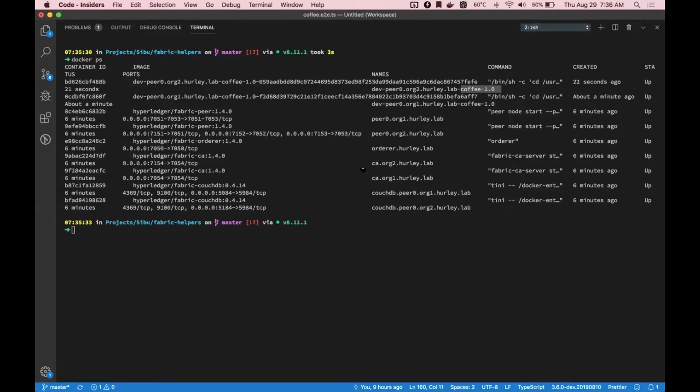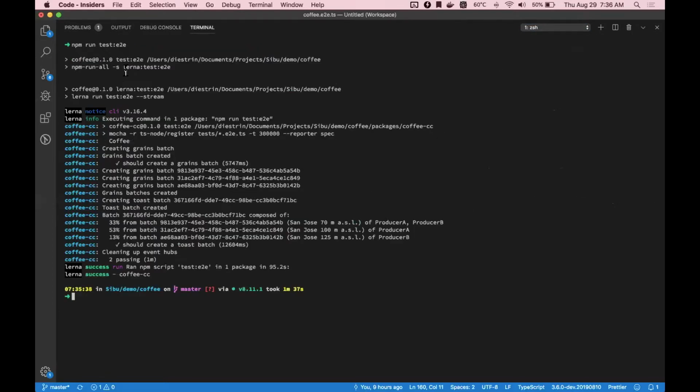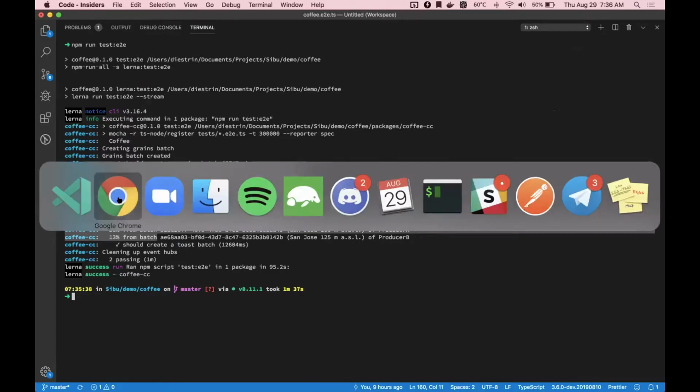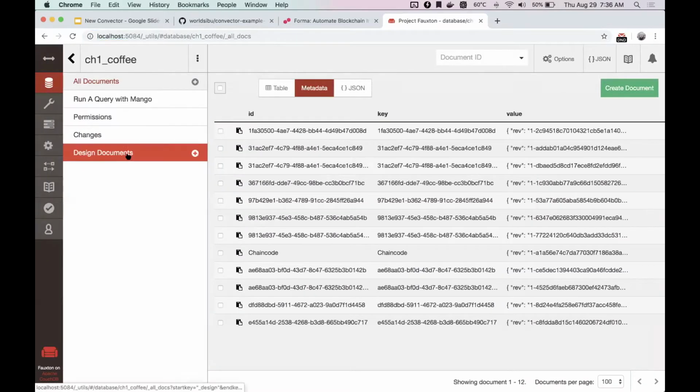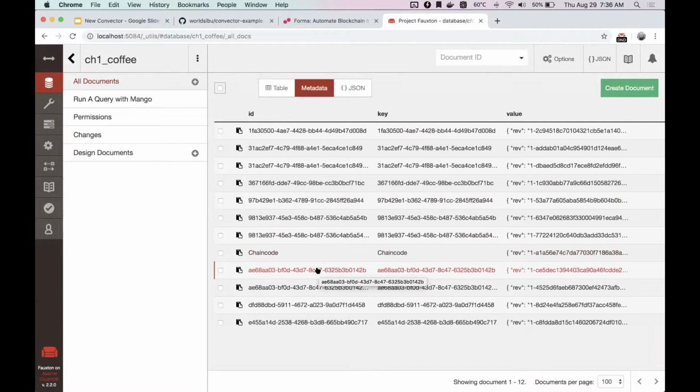If we jump to the end-to-end test, okay, it already completed the execution. It showed me the same thing, batch, and so on. It's composed of these 3 participants, these 3 batches. If I go to the CouchDB, I will be able to see all the data that I produced. So let me see, for example,